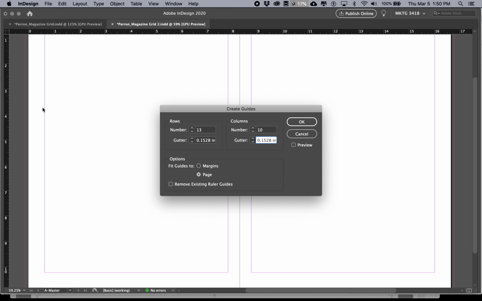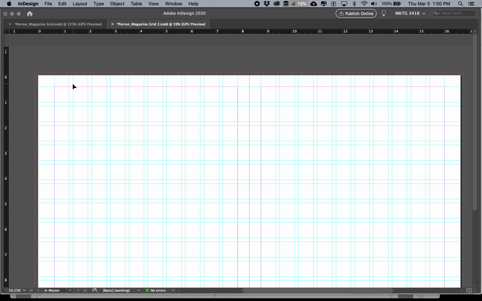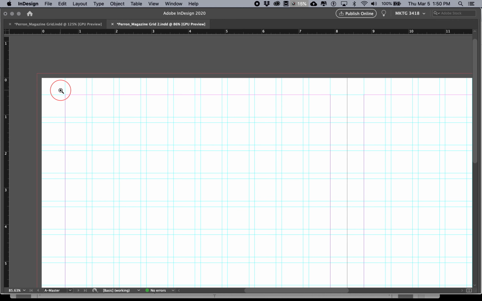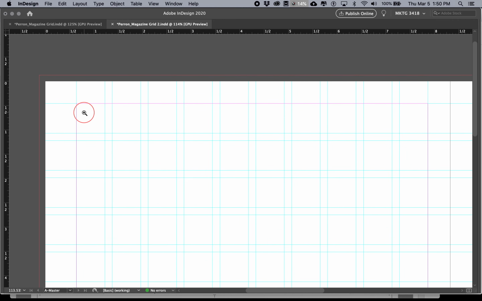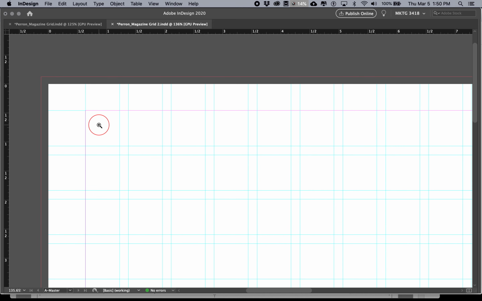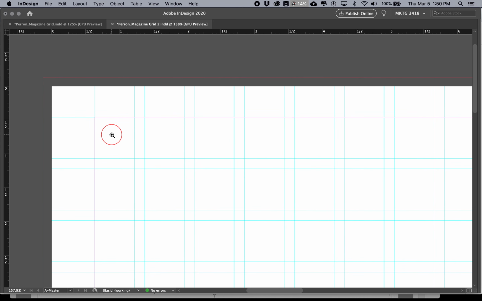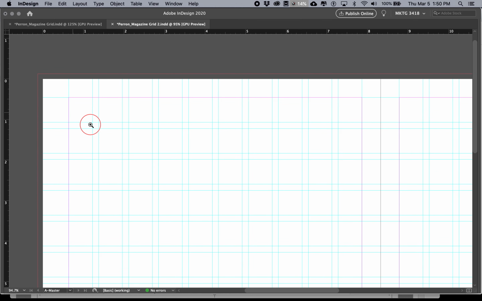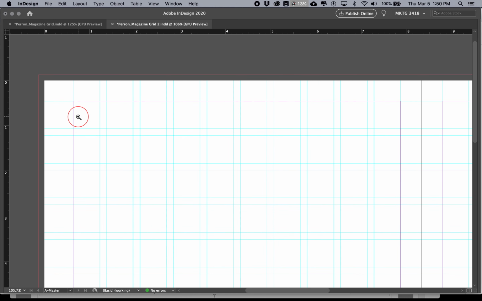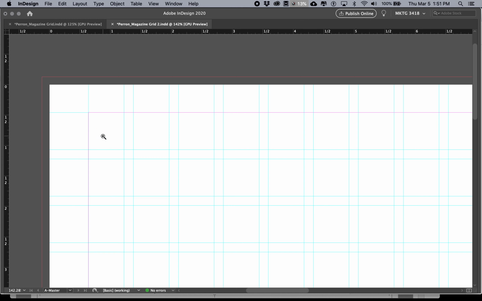So we started off with margins, so those are margins. We're going to get these gutters and rows and columns to fit to that purple line as opposed to the page line. So I'm just going to check margins there, and then press OK. And then you can kind of see if I zoom in, I'm pressing down on the Mac, Command and the space bar. On the PC, it is Control and space bar. And if I zoom in using my cursor, just moving in and out, you can see that